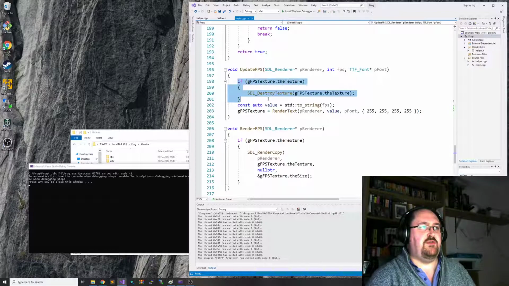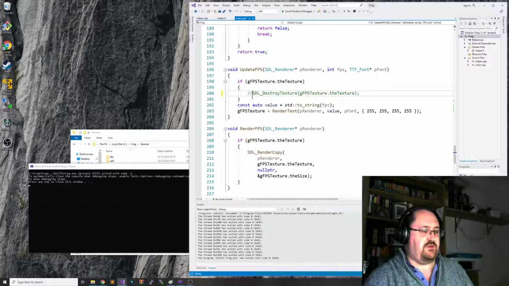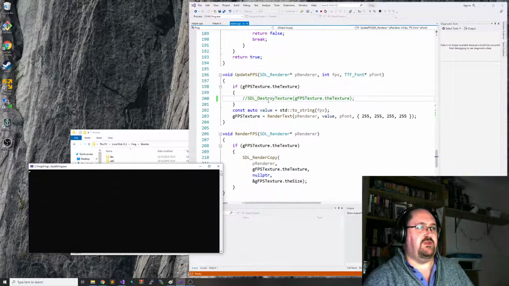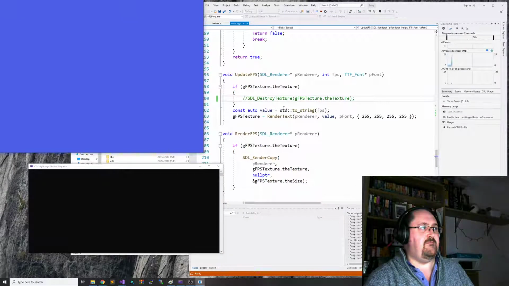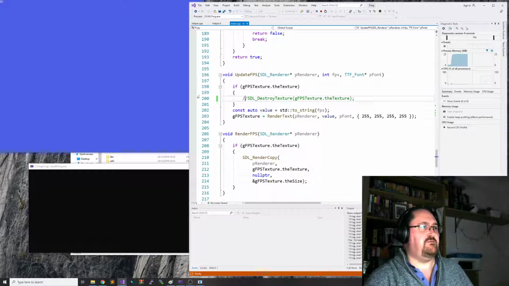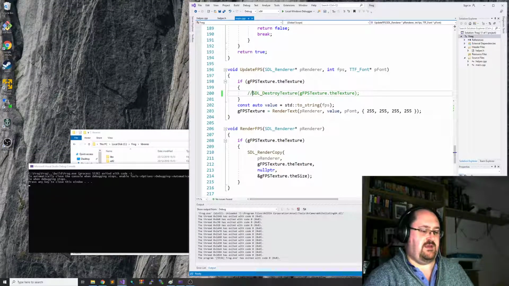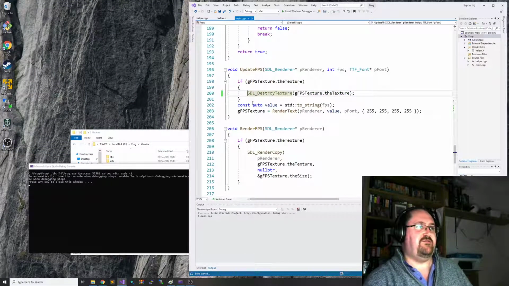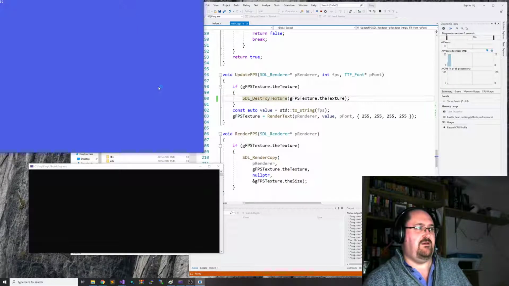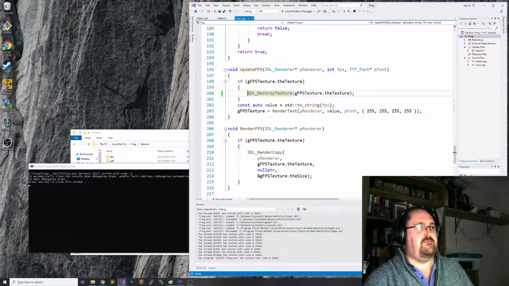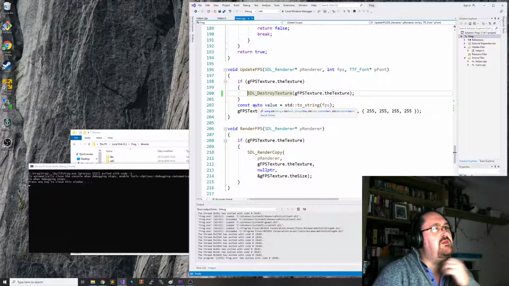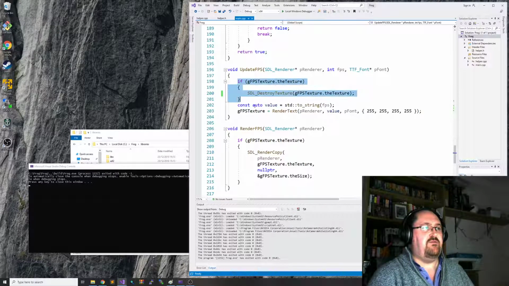So we destroy the texture there. So let's not destroy the texture. Let's see if that's what's causing the flicker. So destroy texture is causing a flicker? Really? Yeah, flicker, flicker, flicker. So let's take that off there,